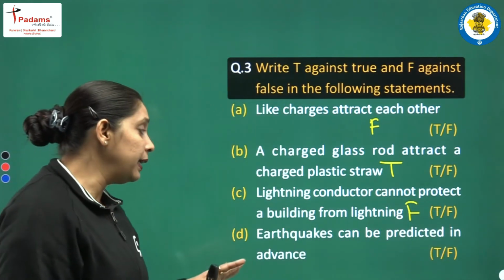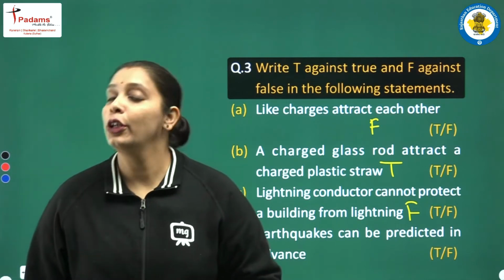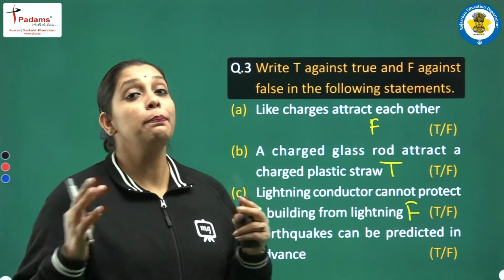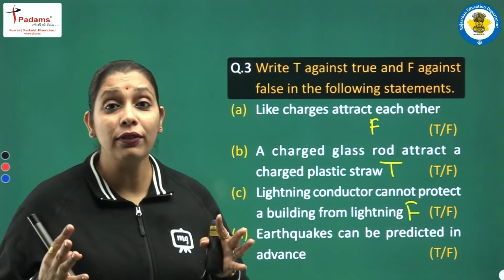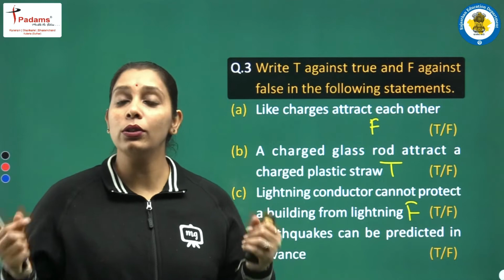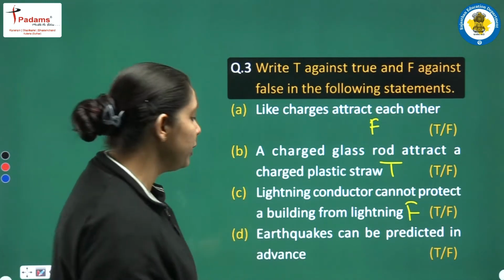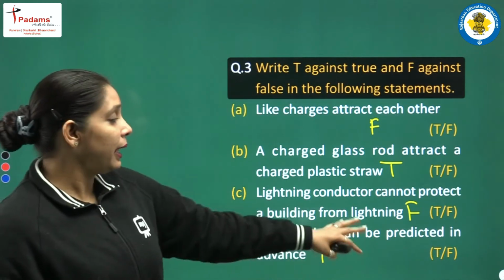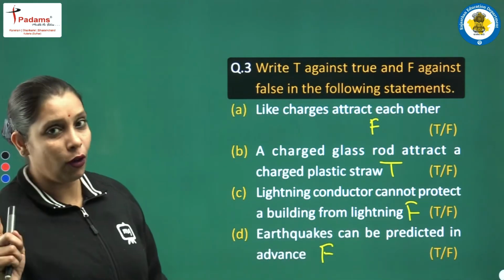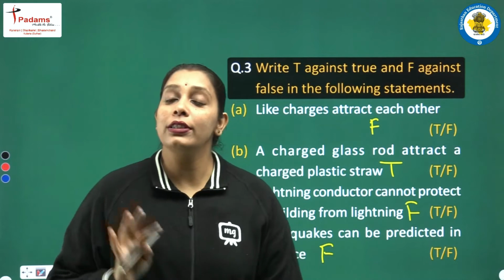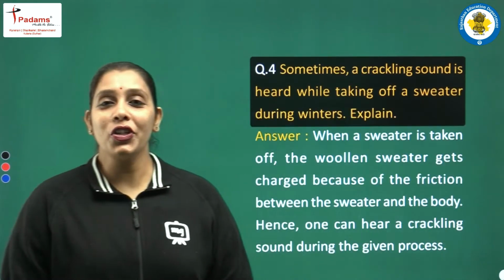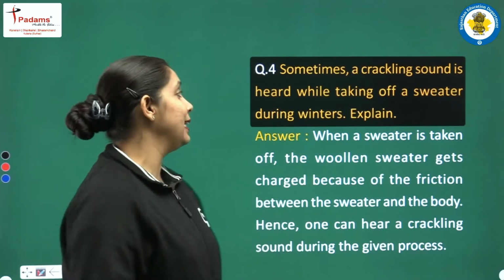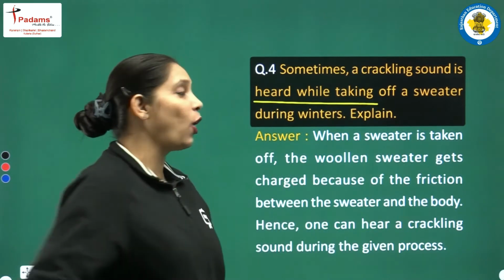Earthquake can be predicted in advance. No, even though we have so many technologies but we are not having so advanced technology कि हम earthquake को predict कर सकें. Clear everybody? So it is false. Earthquake can be predicted in advance. False. Clear? So all the true false are clear to everyone. Move to the next question, class, and next question is,